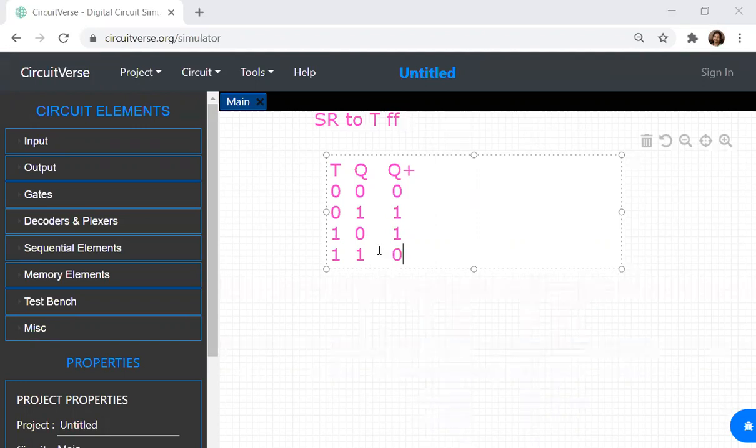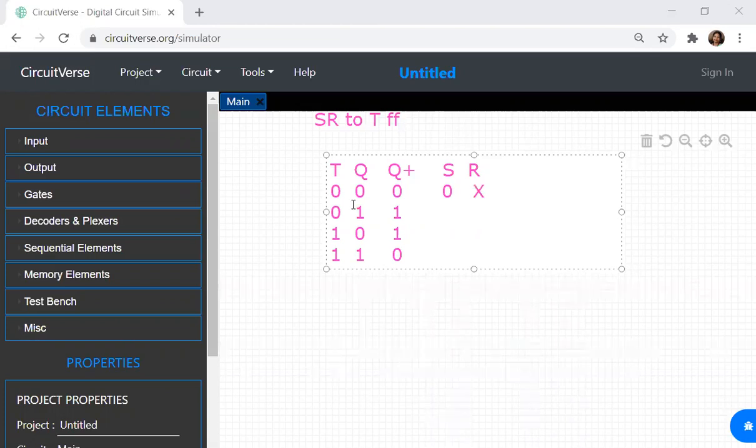This part is over. Now what we have to write? We have to write the flip-flops. Which flip-flop do we want? I want an SR flip-flop, since I'm obtaining a T flip-flop from SR. So I will write S and R. Now how do I write the S and R values? I have to consider Q and Q plus and write the S and R values. If Q and Q plus are 0, 0, the combination will be 0 X, so S will be 0 and R will be X.